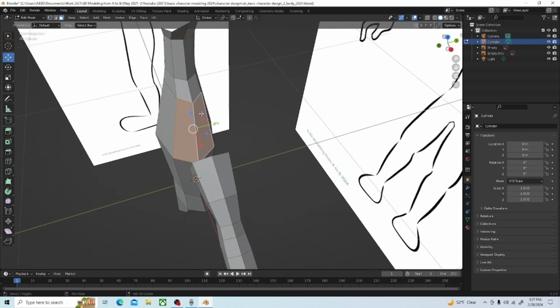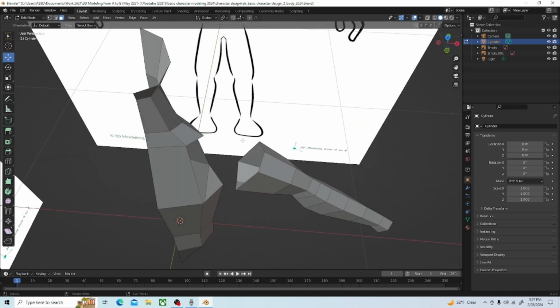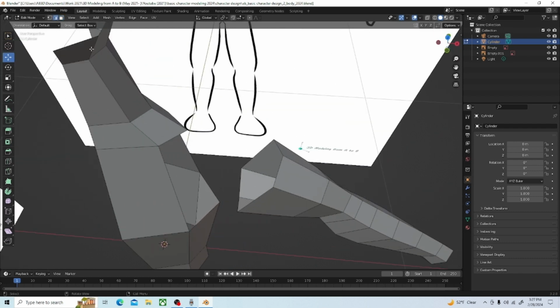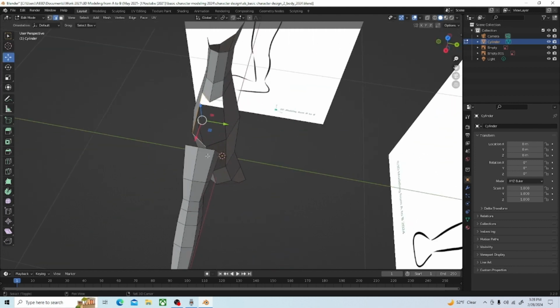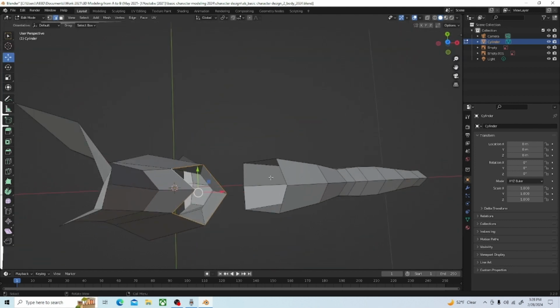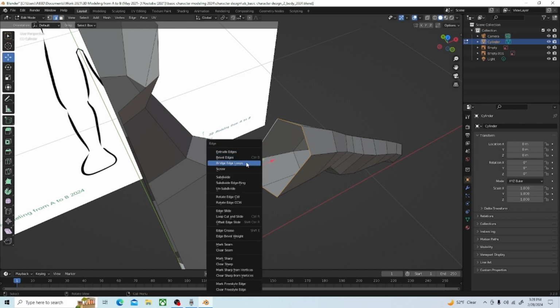So I'm going to select these faces right here, press delete, faces, select this face right here, delete, faces, and I'm going to go to my edge mode now. I'm going to select these edges right here, I'm going to select these edges right here, press Ctrl E, bridge edge loops,